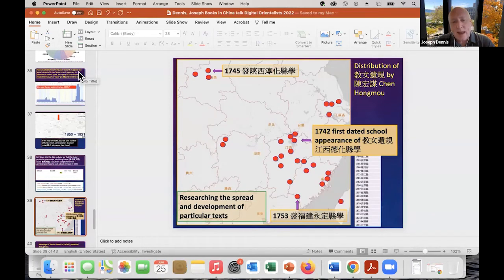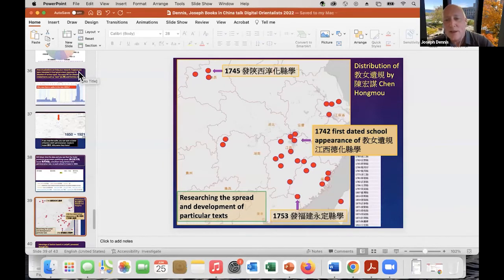You can also track the distribution of particular texts. So there's a book called Instructions for Women, and this Chen Hongmo is an official, and he's the author of the book. And these are the copies in the school library. So, I mean, there's 2 things you might get from this.